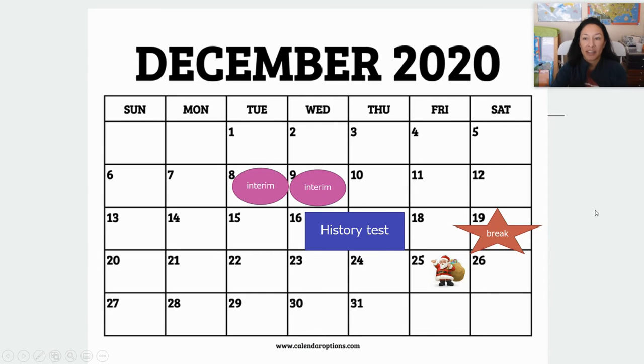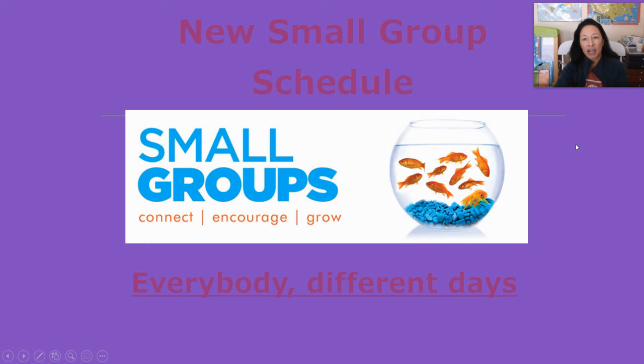So, this month, December, we have a few things going on. It's going to be a quick couple of weeks, guys. As you can see, our Christmas break begins on the 19th. So today is Monday the 30th. Next week on Tuesday the 8th and 9th, you have your English and math interims, which means in the morning you'll be kind of locked into a class, take your test, and then the afternoons will be freed up for regular class times. And your US history test is from the 16th to the 17th this month, meaning that we really only have a little bit of time for some instruction today in the next couple of weeks.